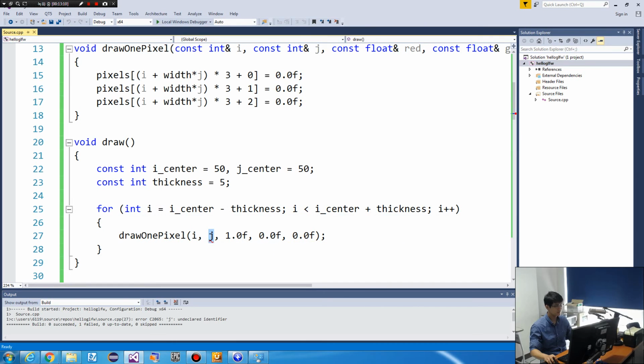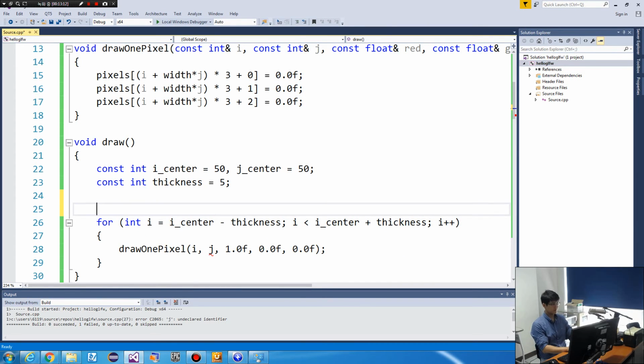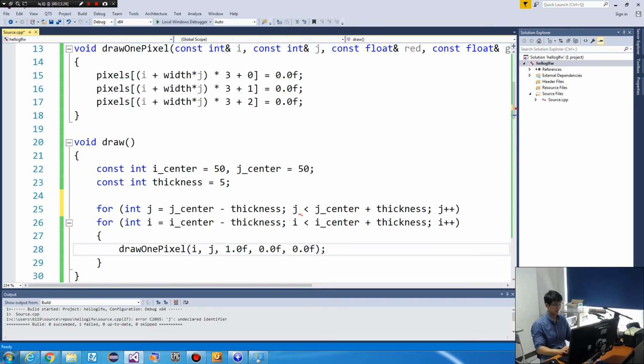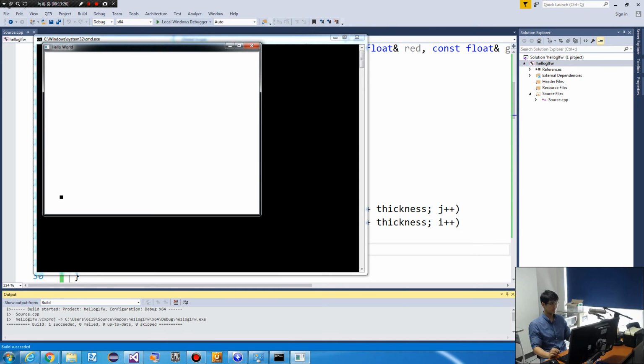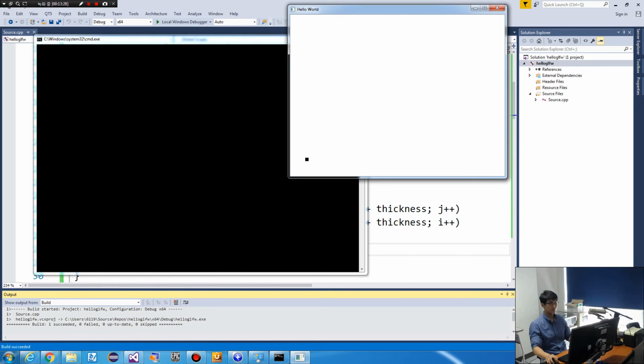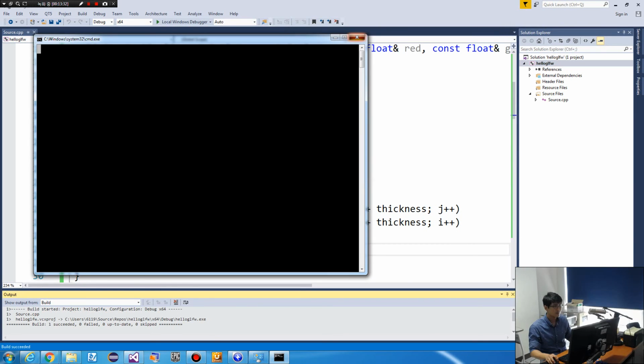Okay, j is still, okay, let's do this right now. So j center, thickness, j. Okay, so we have a black dot here. We have some problem with color.